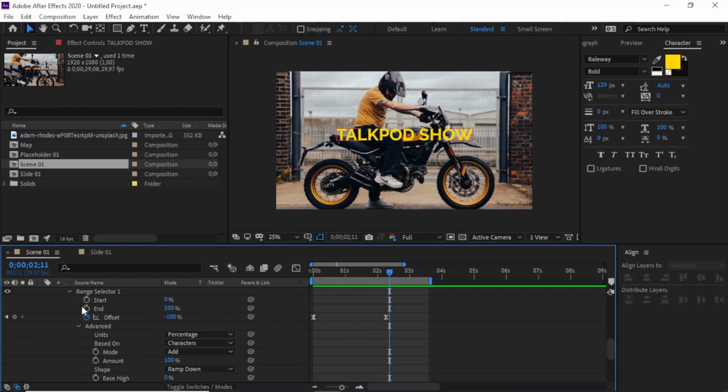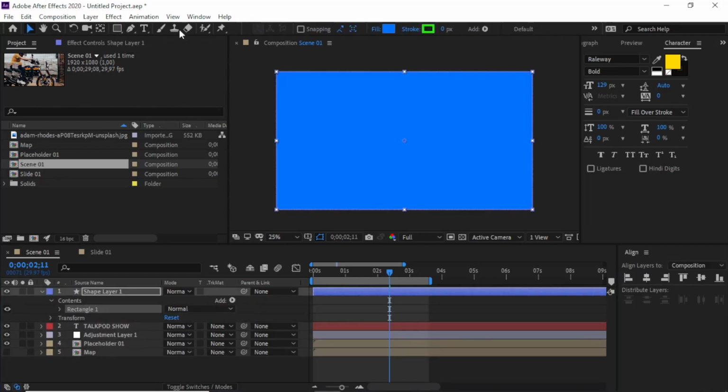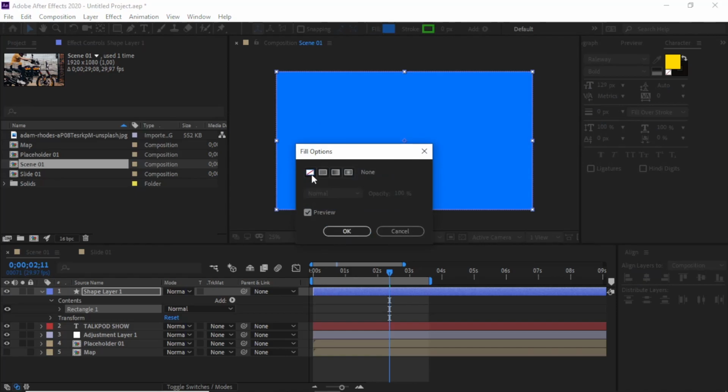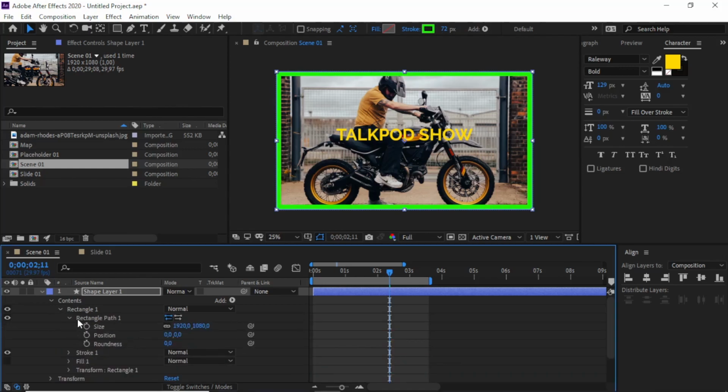After this, if you see on my original template there is a square outline, so we will create the square. The fill is none and the stroke is about like this. We need to create it as a perfect square.